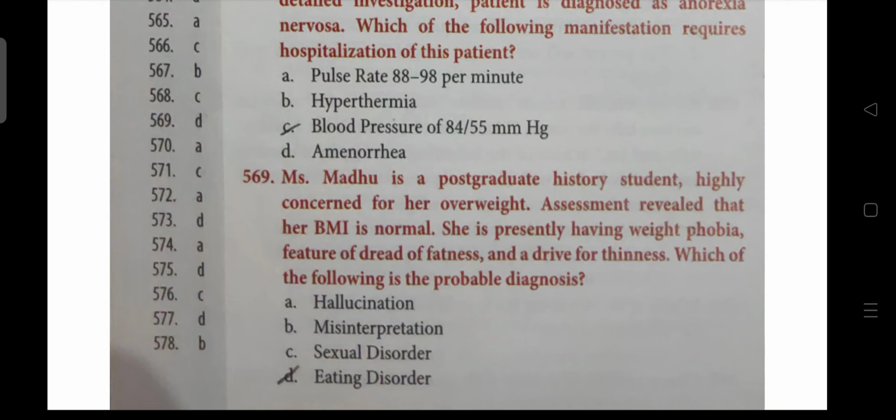Option D, eating disorder. আশা করি আজকের ভিডিওতে তোমরা ইটিং ডিসঅর্ডারের এমসিকিউগুলো বুঝতে পেরেছো। ওকে, থ্যাংক ইউ সো মাচ।